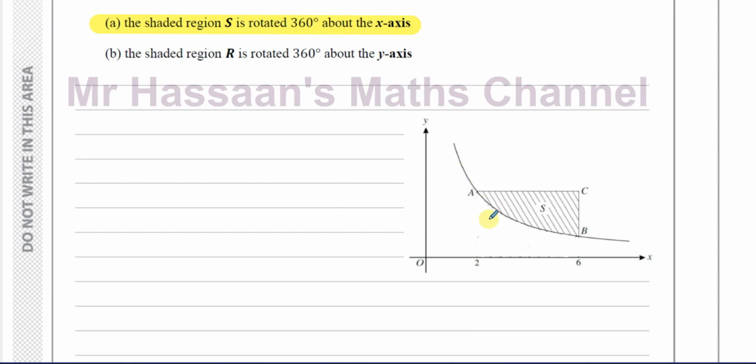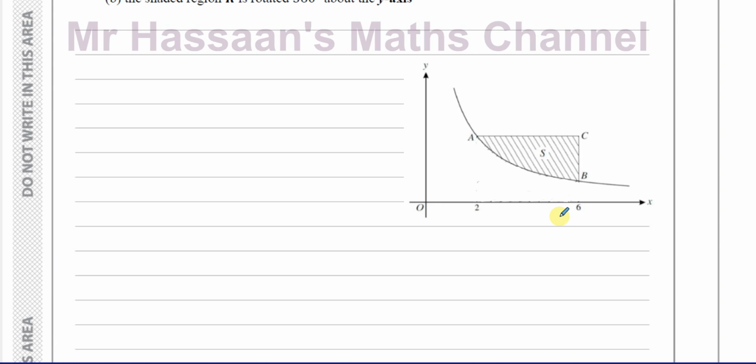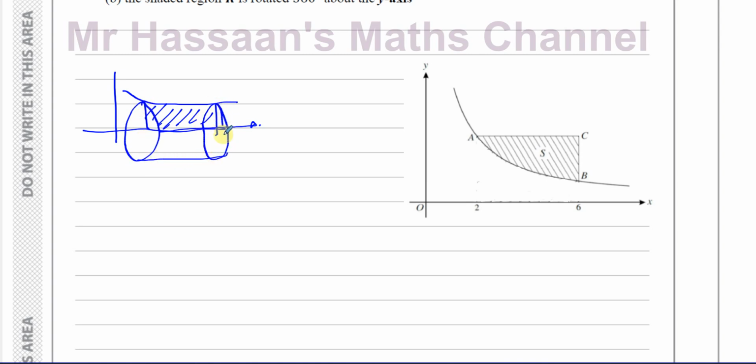Now, what we're used to having, and the reason why I've chosen this particular question to do, we're actually used to having questions where you've got a curve, and you've got the area between the curve and the x-axis, and you have to rotate that area 360 degrees about the x-axis, and you end up with a series of cylinders, which you have to find the volume of by integrating this function between the points A and B, and as we know, the volume is pi times y squared dx,